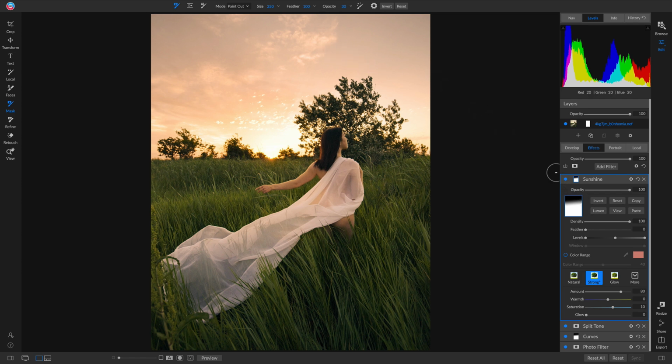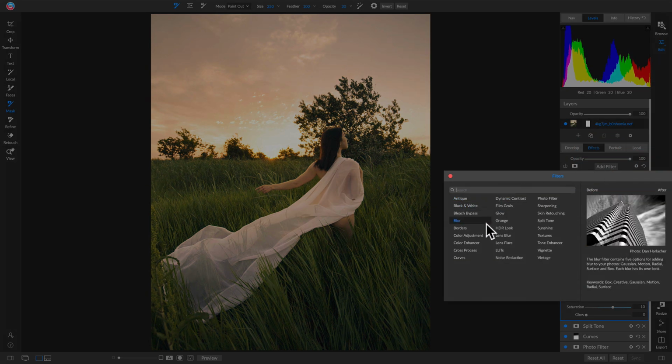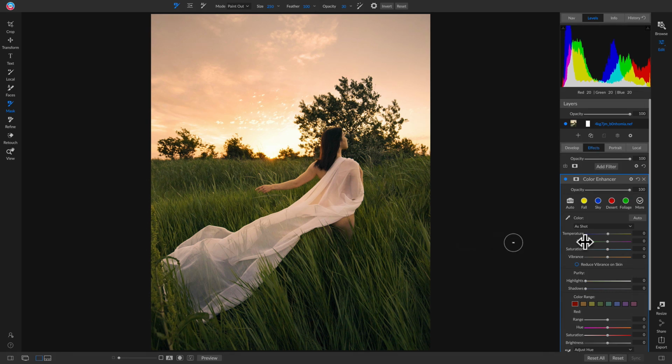So let's hit the backslash key on our keyboard to see how we're doing here. Quite a transformation. But I like how this looks, and I think the next thing I want to do is remove some of this orange from her skin here. She's looking pretty warm, so let's add another filter, and just to finish it off, we'll add a color enhancer,